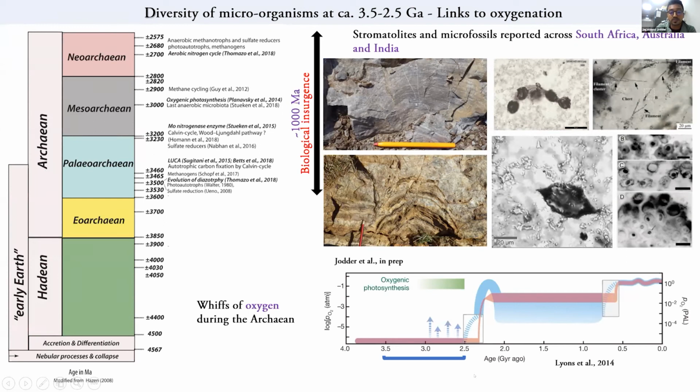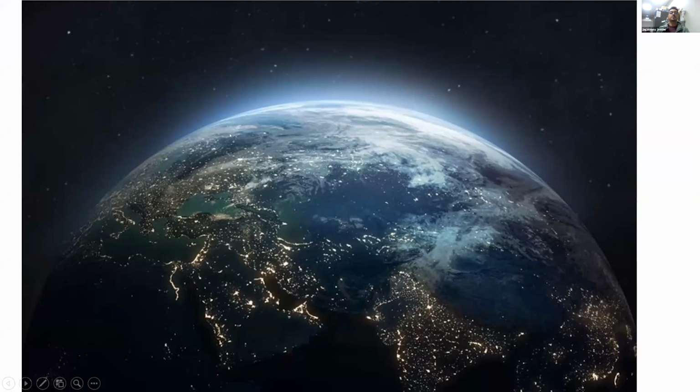And of course, the conditions with oxygen did not happen overnight, and it did take place over these 1,000 million years of our history. And this was a very, very slow transition, but it did happen. And then the Earth, what we see now, is very different because of this biological insurgence of the revolutionary processes in metabolic pathways that we come across all through the Archean. So with that, I welcome you back home.